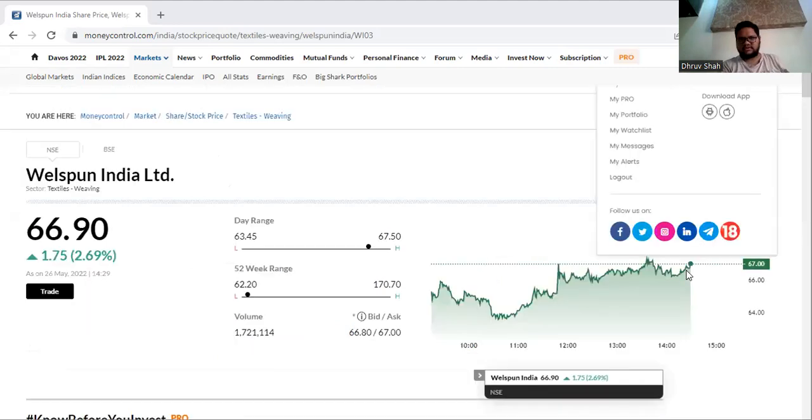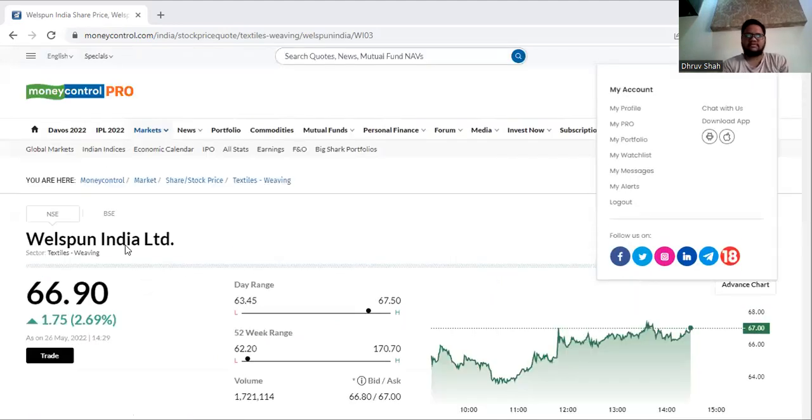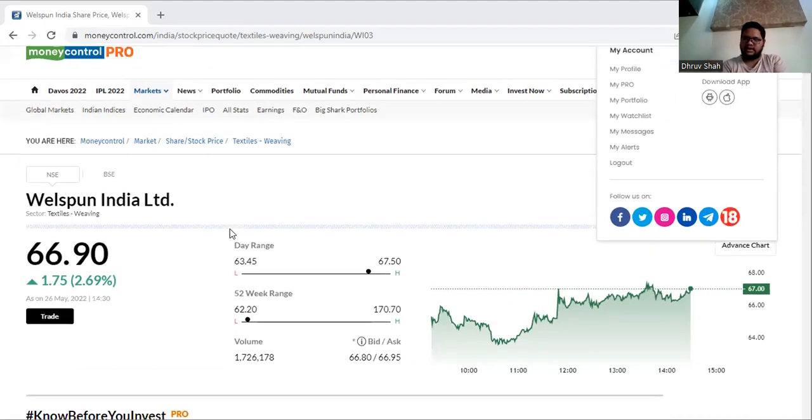So firstly picking off from that is WELSPUN India Limited. What does this company do? It is a textile sector company. This much fundamental, it's okay. Rest fundamentals we will do from the data we have. So moving on,